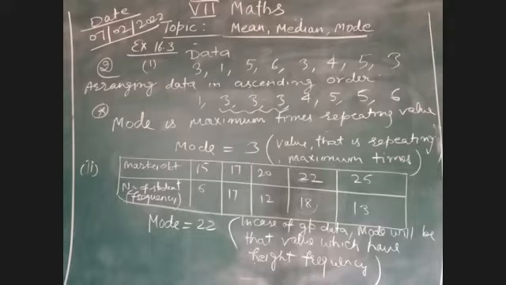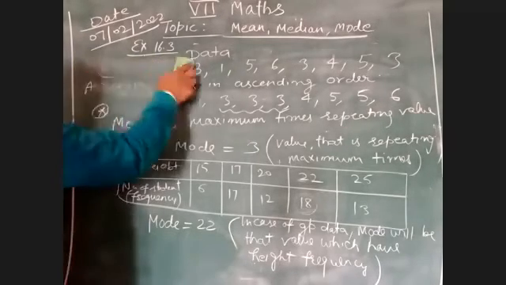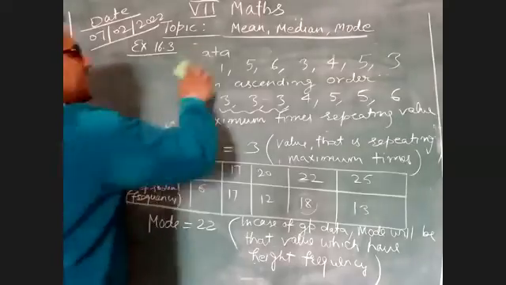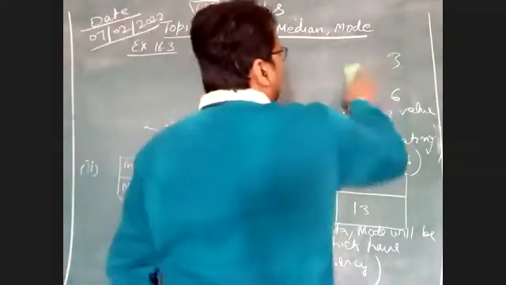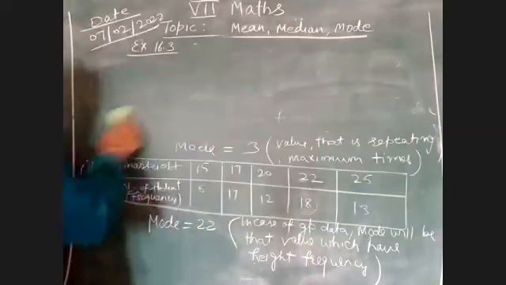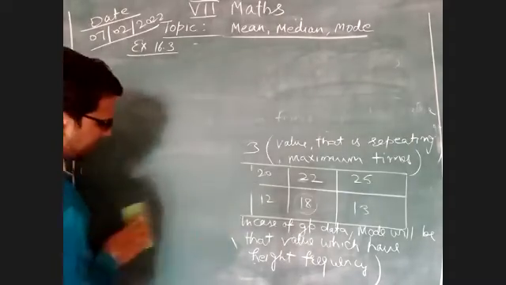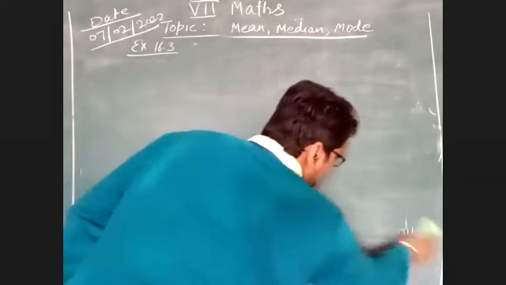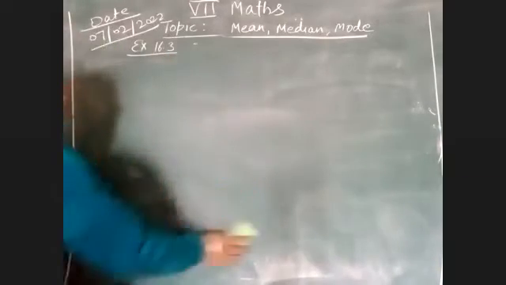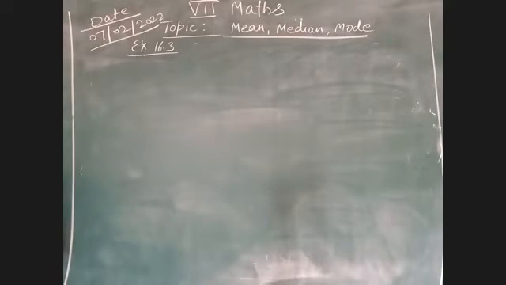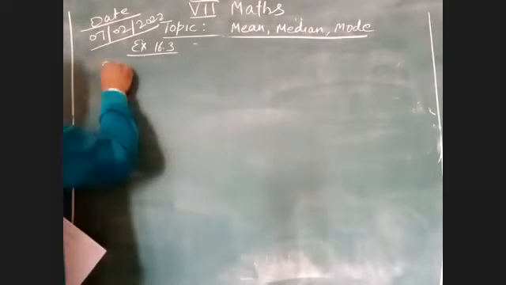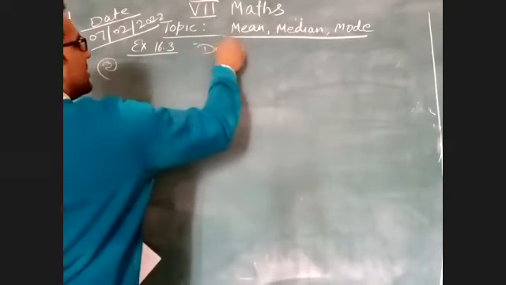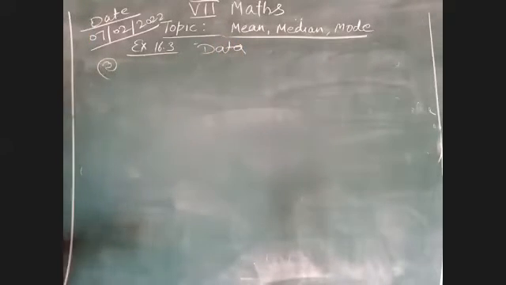So now we will analyze the third question of exercise 16.3, in which we are studying to find out the mean, median and mode. In the third question, data is given in this format: